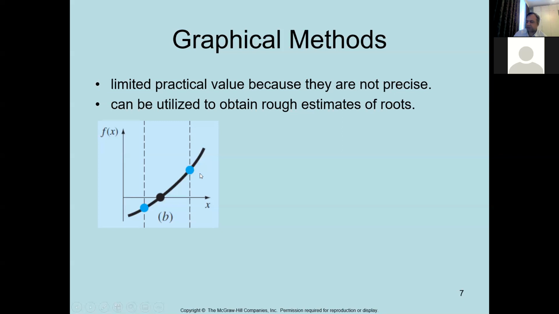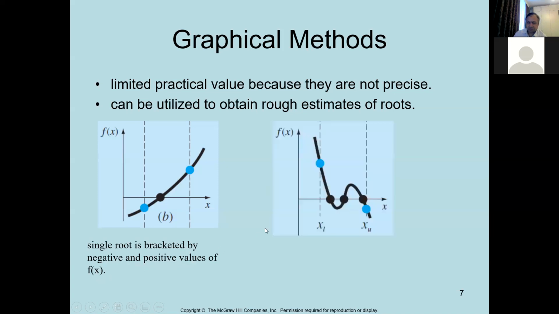Okay, so as we can see, in the bracketing methods, we have to have some estimates, that means those lower and upper estimates of the solution are taken within which the original solution should lie. Okay, so in this case there is one solution, but later on we will also generalize this rule for other cases. So in this case, the single root is bracketed by the negative and positive values of f of